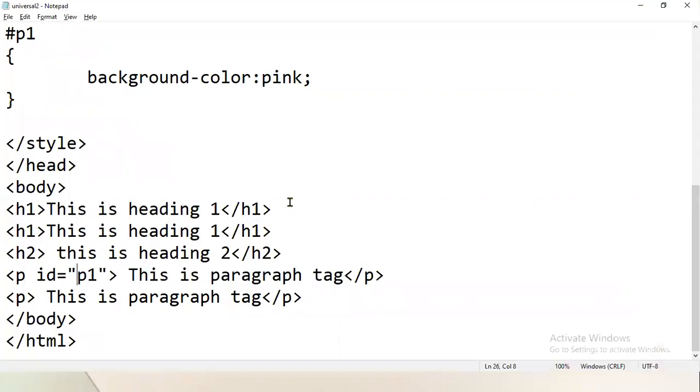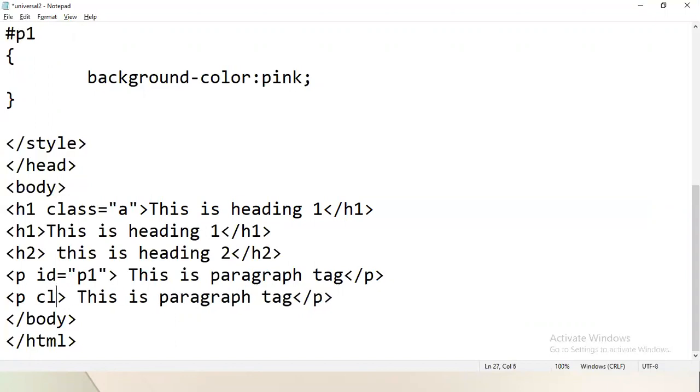Let's do the practical of the same. For example, now you wanted to put this H1 tag and this P tag into the same class. So what you will do is come here and write class is equal to, for example, a. The class you assign for H1, the same class you assign for this P tag.